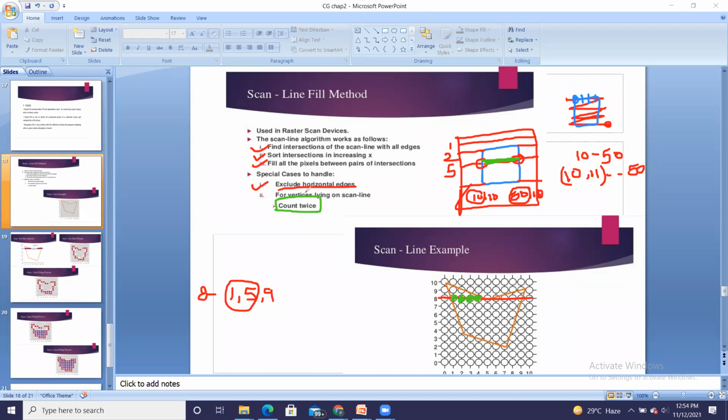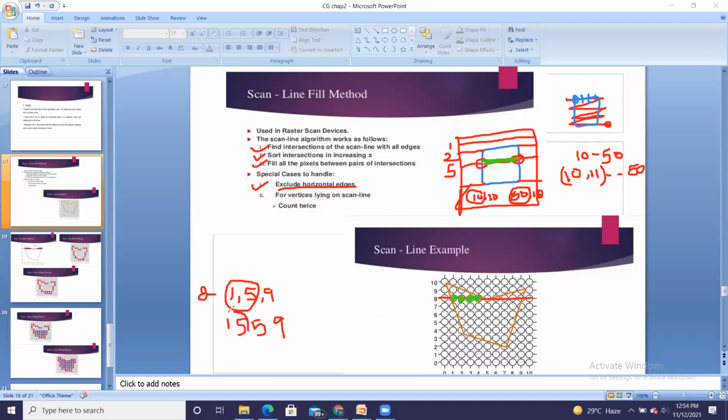That for vertices lying on the scan line, you have to count it twice. So I am going to count that twice. So what will happen? Instead of 1, 5, 9, I will have the twice count of 5. At 5, the vertex is present, and that's why I will be counting it twice.